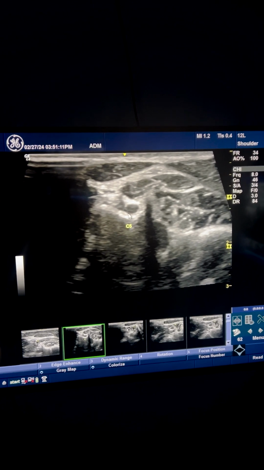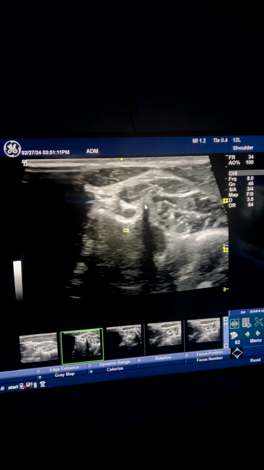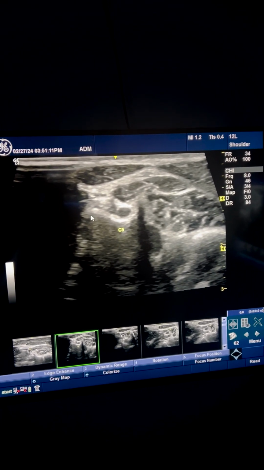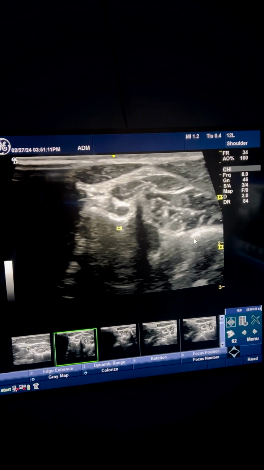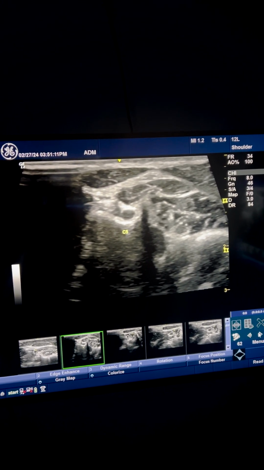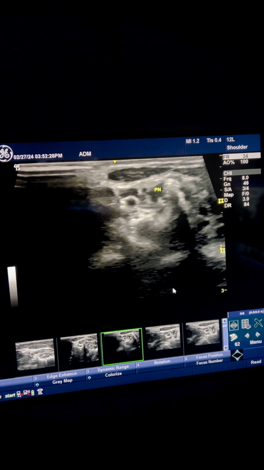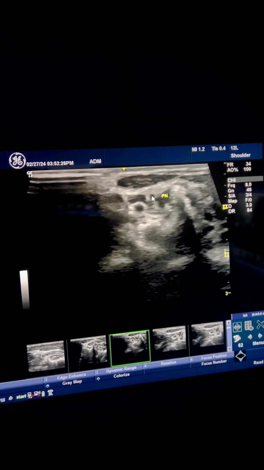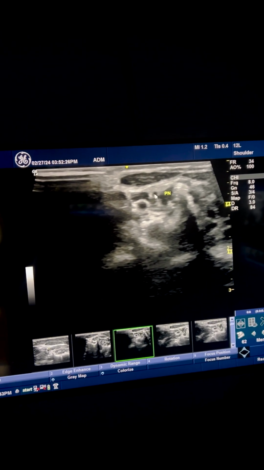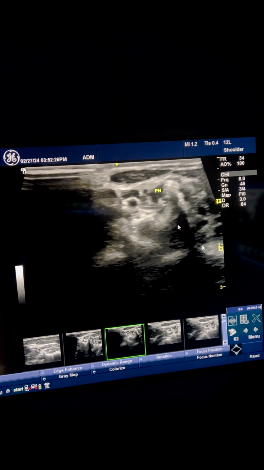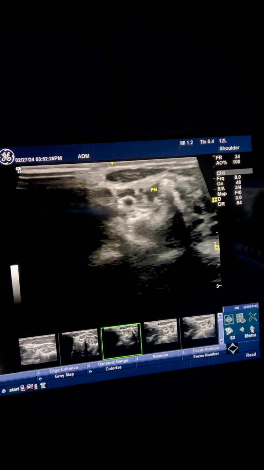Here you can see C5 nerve root. This is the anterior tubercle of the transverse process, and the posterior tubercle of the transverse process of C5. This is the disc here. You go back through and so now we can see C5, and we can see that branch coming off that actually became the phrenic nerve combined with C3 and C4 in that area. We go back to